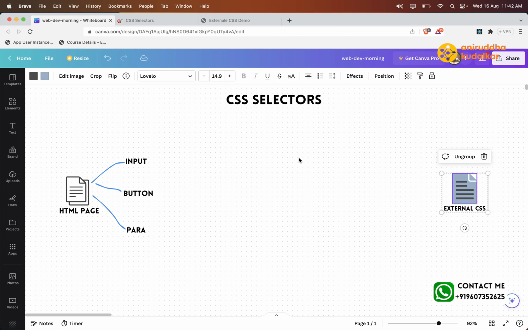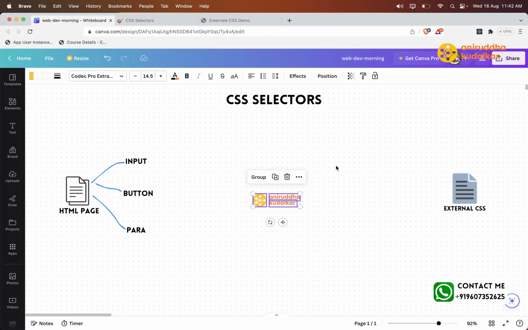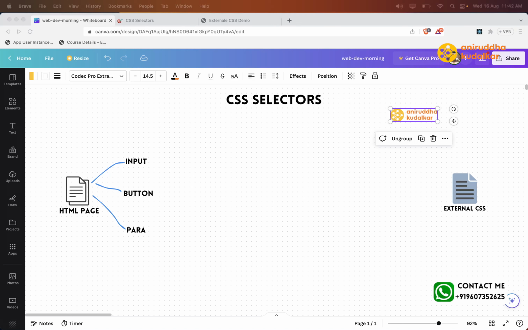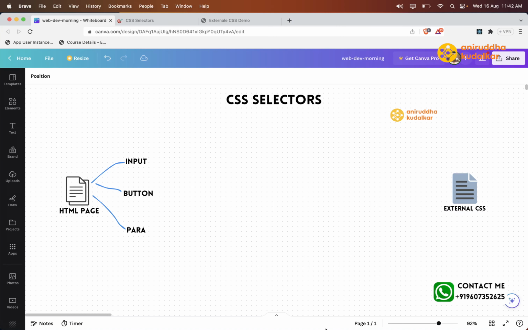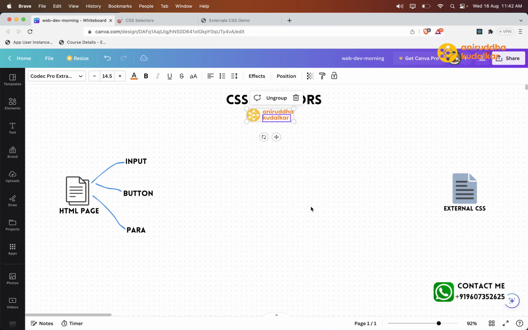How exactly you will write it in the external CSS or the style tag? Do you understand my concern or not? What I'm saying